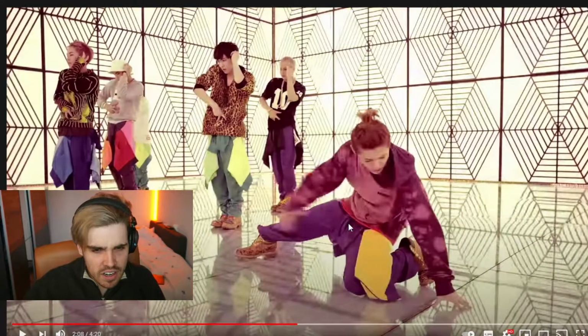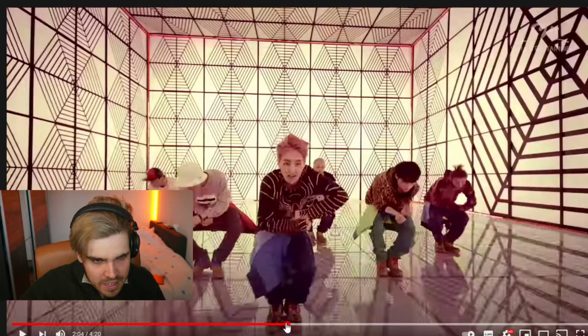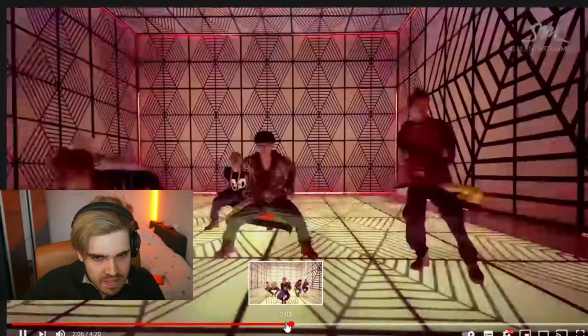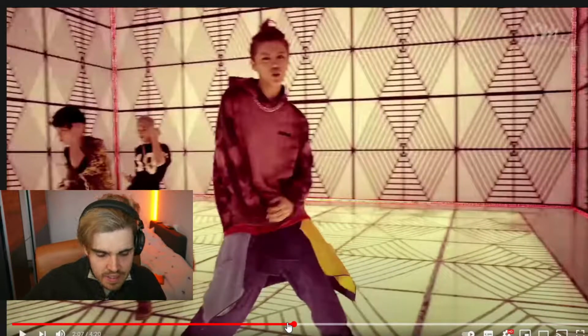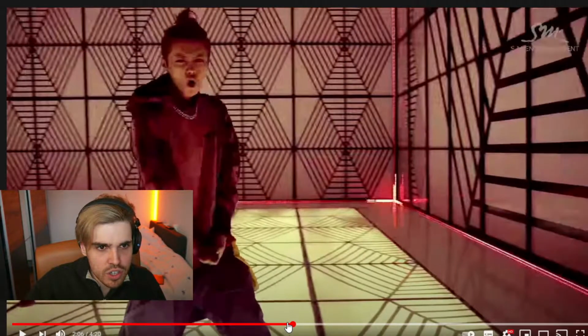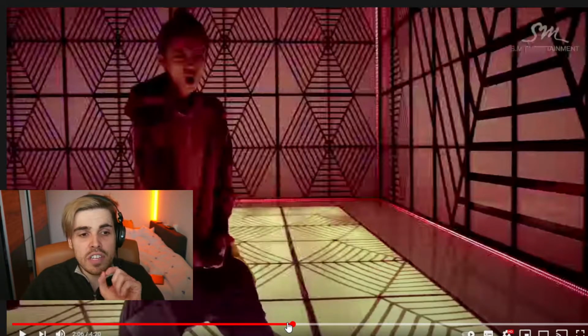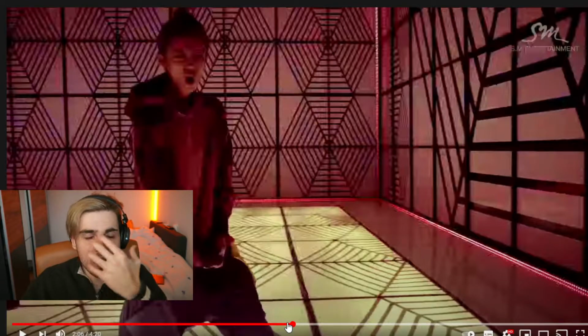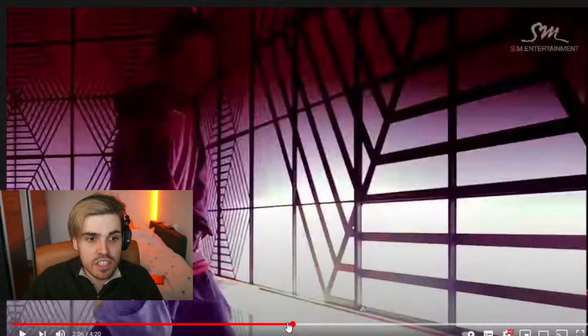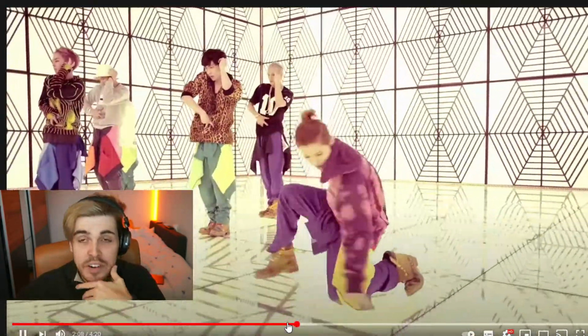Did you guys see that? Was that a cut? I'm not really sure if that was a cut, but I need to double check this. That was a cut for sure. There we go. You see what I mean? There's a very little difference between where his body actually is, but the only thing that moves a lot is his head. But for the rest, it's a very clean shot. Very clean transition.